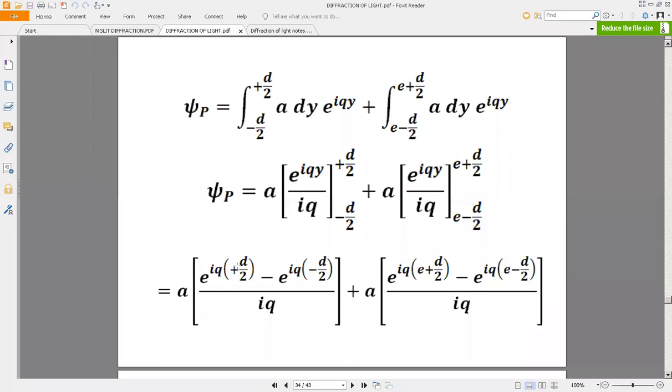So in this term, what I do is, e power iq e plus d by 2 is common. You can see here a, e power iq e plus d by 2, and in the first term also I have e power iq d by 2 common. If I take it common, I'll be left with e power iqe, a, e power iqe. And don't get confused, this e is the slit separation. This e is the exponent, the logarithmic e, right? So this and this are not the same. Don't get confused with the e. The same thing is applicable to the other one. Here it is minus e power iqe. If you pull out e power iqe from both the terms, from the square bracket, you are left with another identical term.